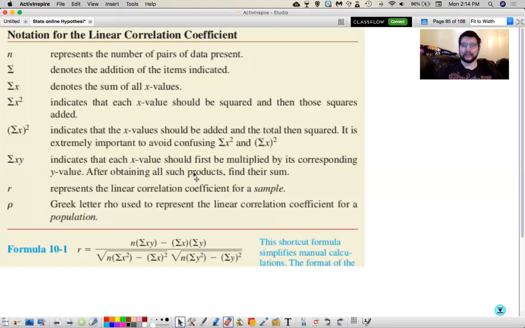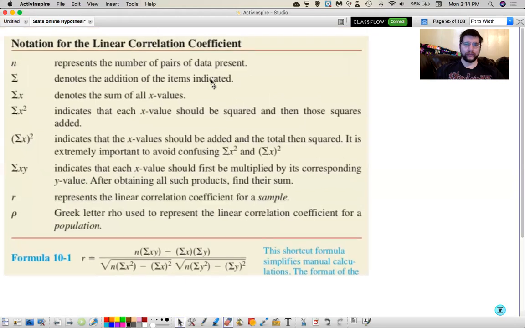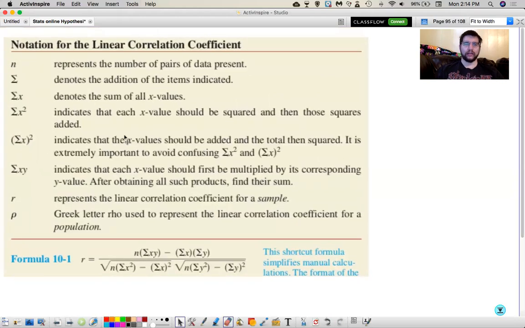Okay, there's a lot of variables that we're going to have to deal with. We could get all these from a set of paired data. However, one of two things is going to happen. One, I'm going to tell you what each of these numbers equals. Two, I'm going to give you the data. If I tell you what these numbers equal, you plug them into the formula in your calculator and hit the